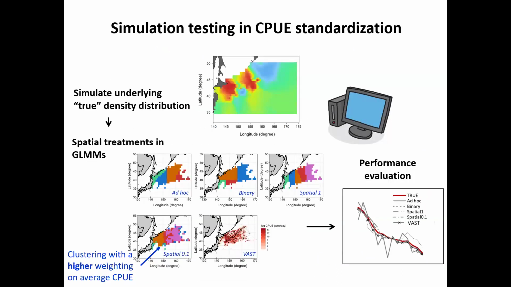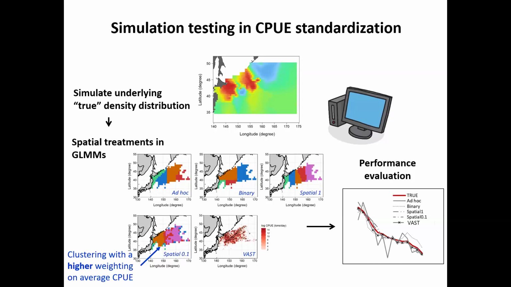So next, because we want to understand which area stratification is the best approach for the CPUE data, we conducted simulation testing in this analysis. First, we simulated the underlying true density distribution. And we try to examine the five different spatial treatments in the GLMM model, which are the ad hoc approach, the binary approach, spatial 1, spatial 0.1, and the VAST model. You can see that in the VAST model, we use the mesh to figure out the spatial configuration